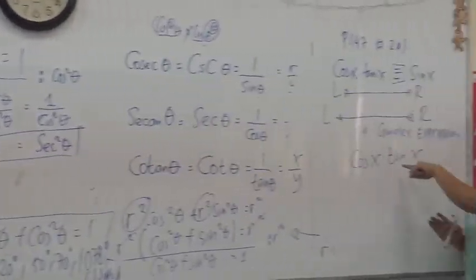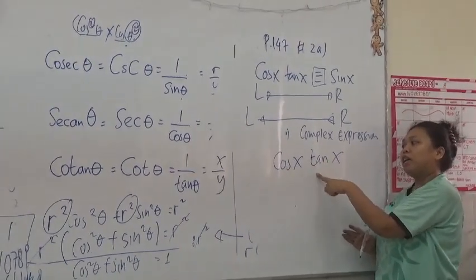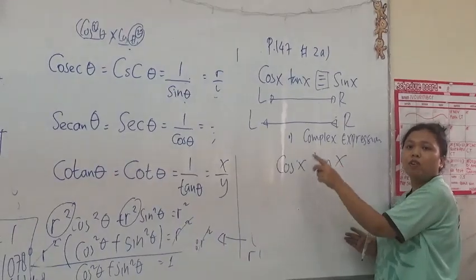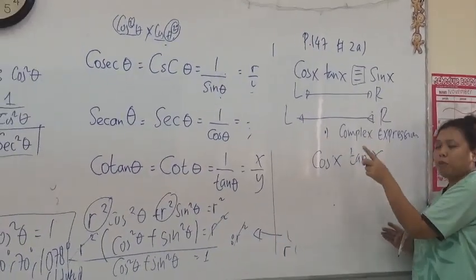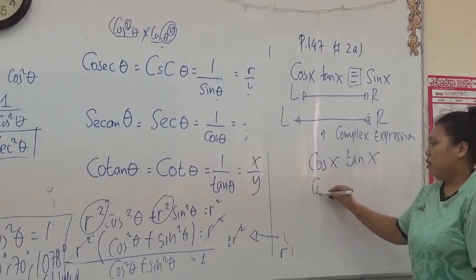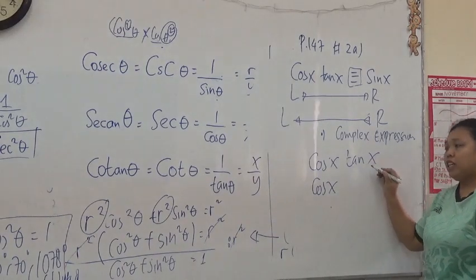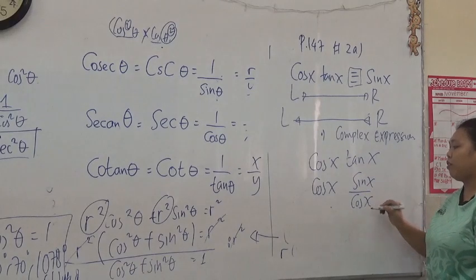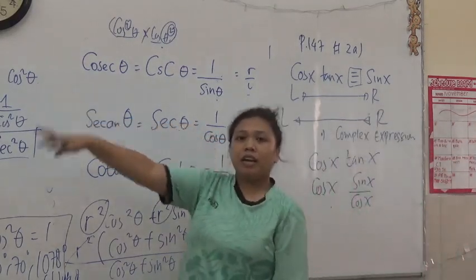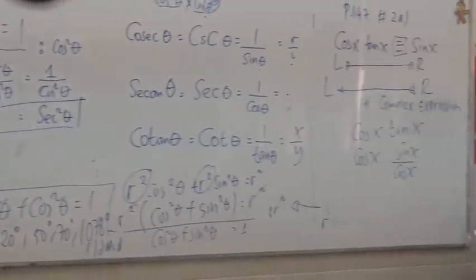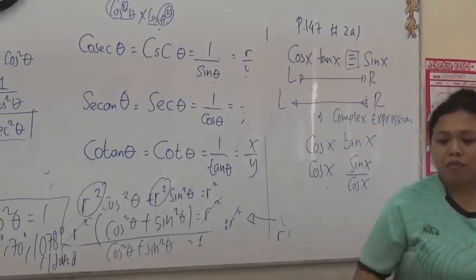Remember, tangent and cos are just the ratio between two sides in a right angle triangle. So you can change the angle to any value or any variable. It can be x, it can be theta, it can be letter M, depending on the question. Is it okay? So now, cos x tangent x is just sine x over cos x. We understood about it already based on that formula. And next, what you need to do is just multiply the fractions together.